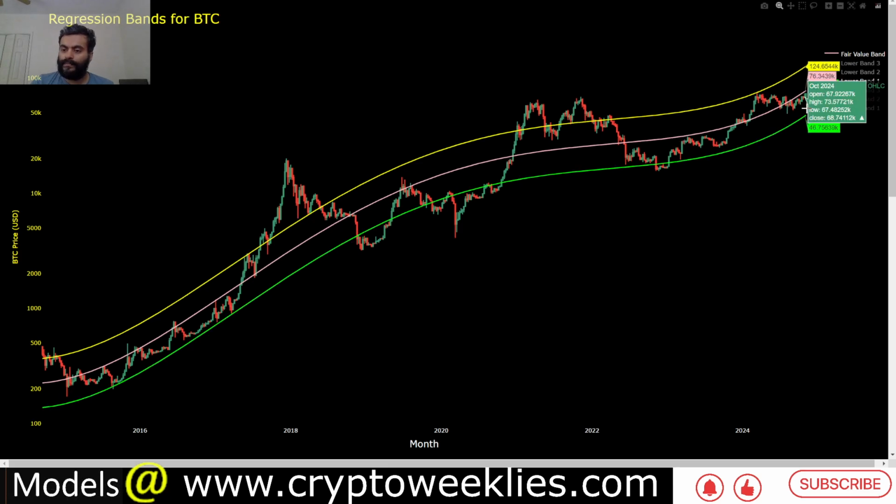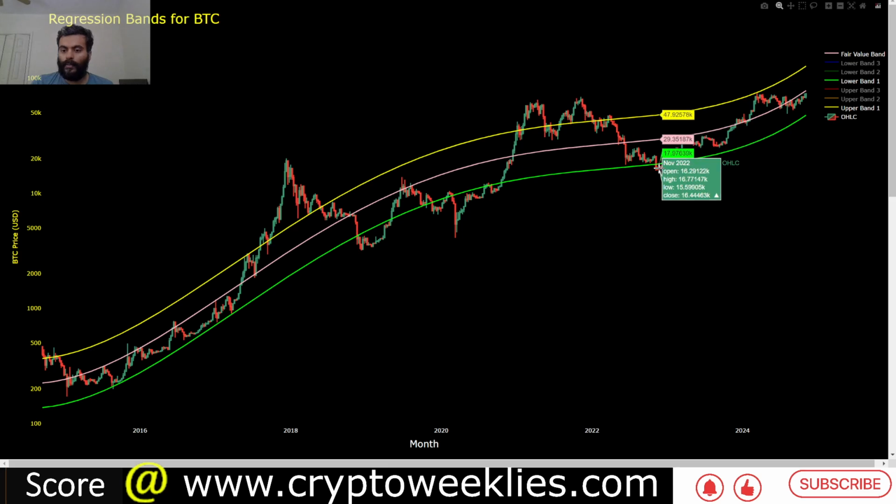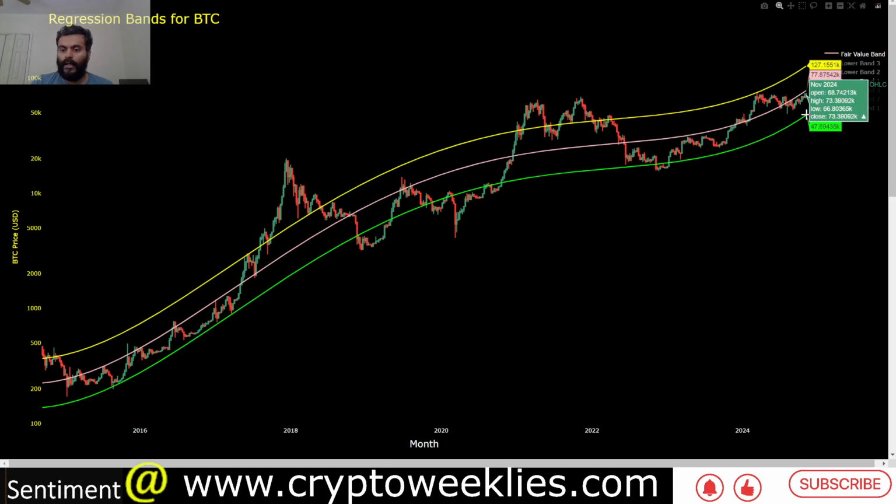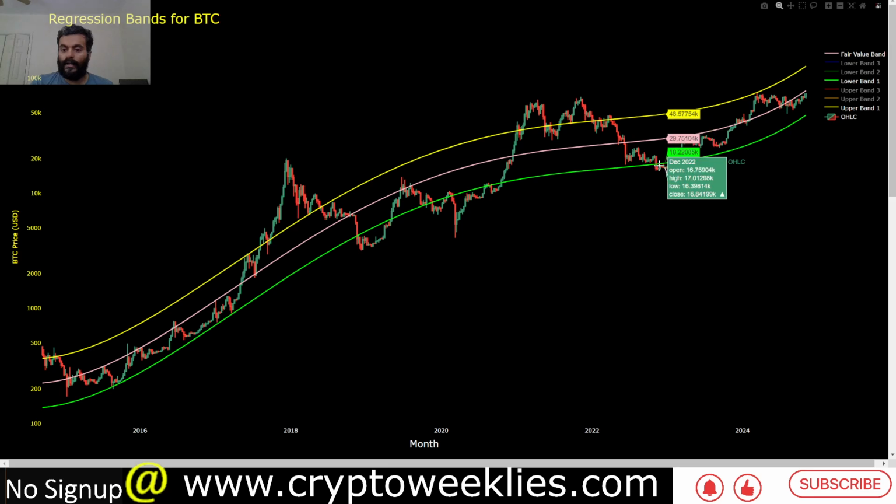To the downside, if that is interpreting what Bitcoin does in a bear market, some of the key levels of support that Bitcoin had before the eventual drop of November-December 2022. If you were to extrapolate that line using this polynomial regression function, that 1 standard deviation support is coming in at around 48,000. That means 48,000 Bitcoin right now would be as undervalued as Bitcoin was at around 17k back in November of 2022. Eventually the 1 standard deviation ceiling during the euphoria phases of the market gets taken out.